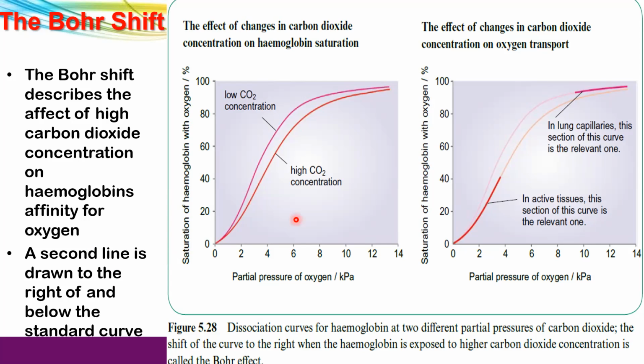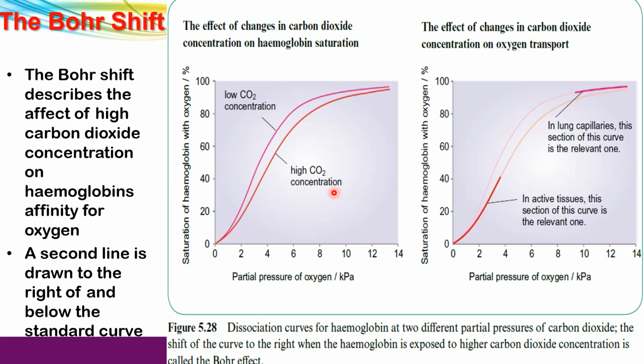So जो इसके अंदर आपको second line नजर आ रही है, this is drawn to the right of and below the standard curve. So we have this standard curve. So standard curve definitely is the pink one. Pink one is the standard curve because this is what we draw when there is like हम oxygen की pressure, partial pressure concentration की वजह से draw कर रहे होते हैं. So this is your standard curve which shows you that there is high oxygen concentration. And wherever there is high oxygen concentration, carbon dioxide concentration will be low over there.